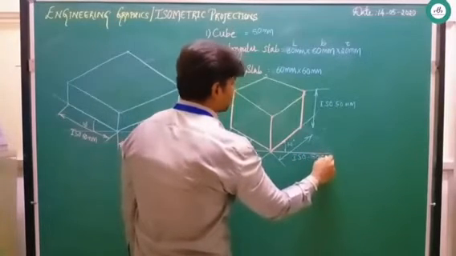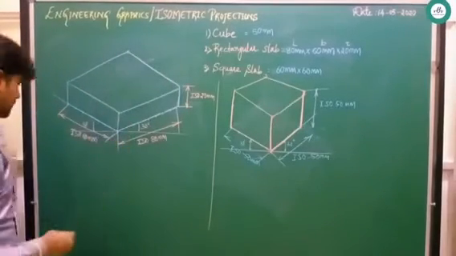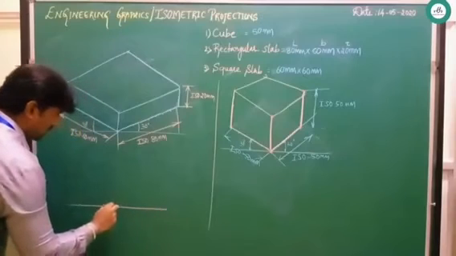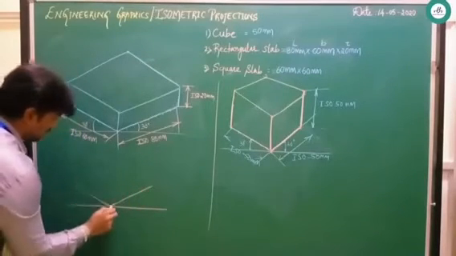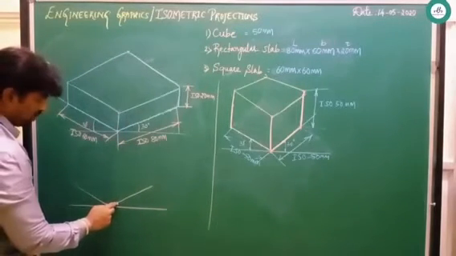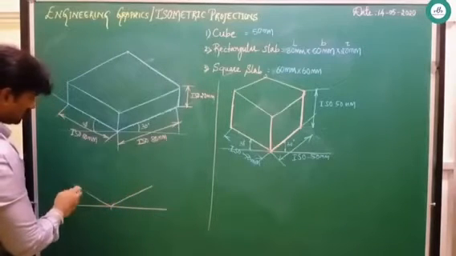Proceeding to the next simple problem, that is a square slab which is 60 by 60. What you can do is draw one horizontal line. Next, draw this 30-degree line as well as this 30-degree line. Now, since it is 60 mm, you can start counting here 10, 20, 30, 40, 50, 60 to the right side and 60 to the left side.